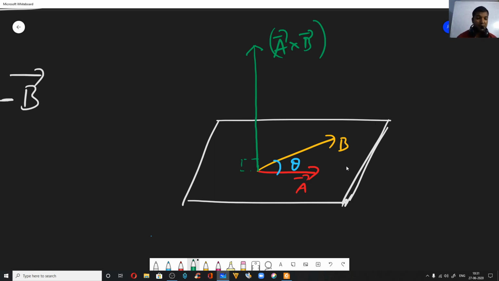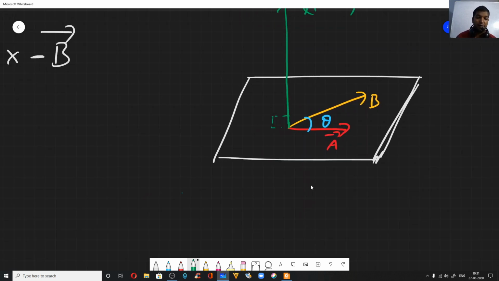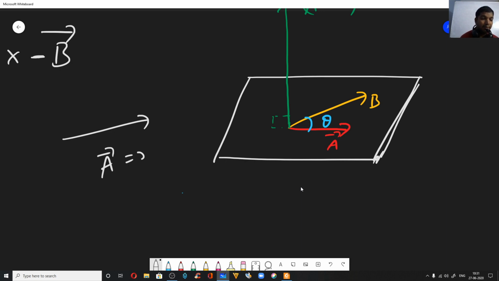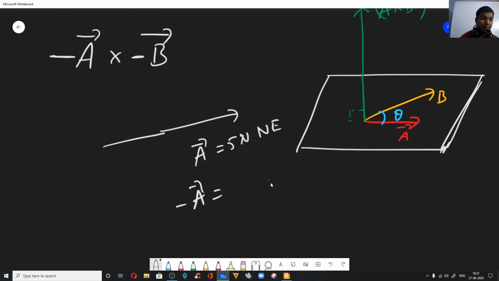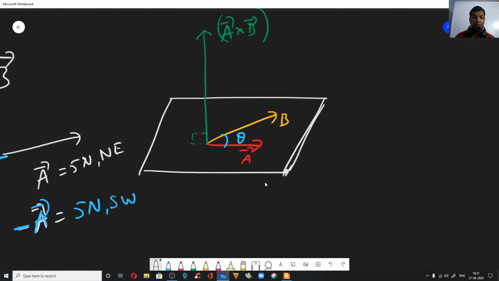Now what we'll do is take negative of A and negative of B. As you know, in some context, if I say A is 5 Newton northeast, that means negative of A will be the same 5 Newton, that is, the magnitude doesn't change, but the direction will be opposite, so this will become southwest. Now going by that concept,